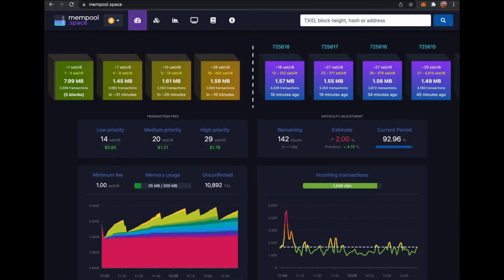You want to go to, in this case here, mempool.space, and I'll put a link in this, but this is basically kind of giving an estimate of what the actual transactions are for high priority, medium priority, and low priority. In more of a real time, you can see blocks that have already been done and ones that are going to be coming in. So to give you a better sense of how much you should put in,